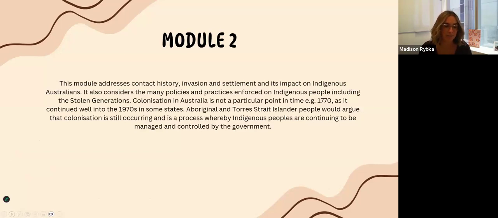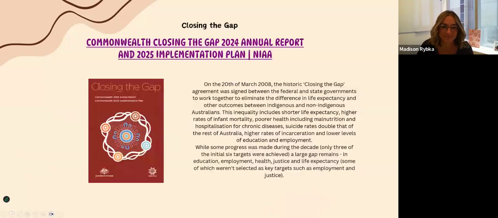I do recommend, if you have any options in choosing units, definitely choose any units from Griffith. They've got some wonderful Indigenous studies that they offer to broaden your knowledge as well. But maybe I should look at education having another Indigenous unit as an option to unpack more, because I know some people are so interested.